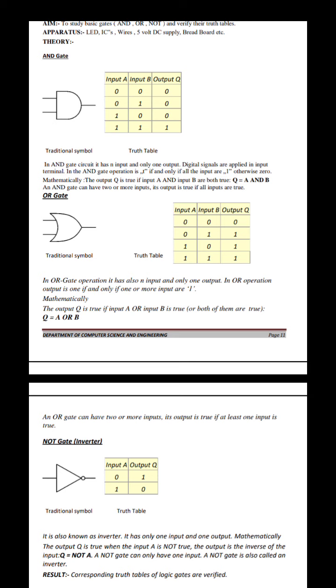So how do we implement the circuit? Similar to how we develop the 2 input AND gate, the same concept applies. Here we develop the circuit. We apply the A input to the first pin and the B input to the second pin, and the 14th terminal we connect to the plus 5 volt VCC, and the 7th pin we connect to the ground terminal, and from the third pin you get the output. The third pin is connected to the LED. That LED gives the response of the NAND gate.